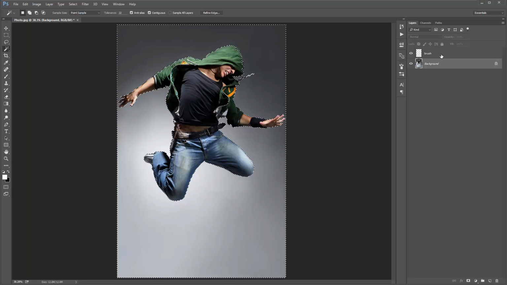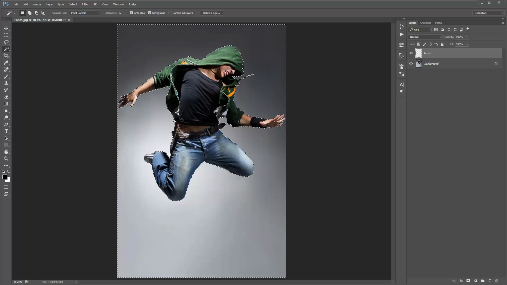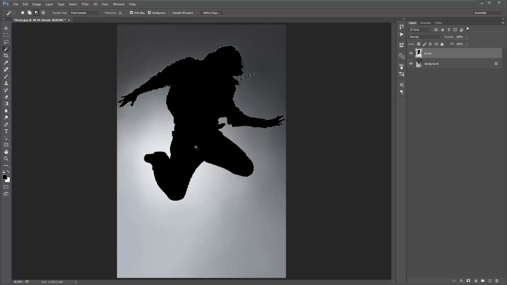Okay, so now if I select my brush layer, and if I fill this selection with a color, so to fill a selection with your foreground color, you hold down Alt Delete or Option Delete. But you can see that's filled the background. I want it to fill my subject, so I need to invert that selection. So Control Shift I or Command Shift I, okay, Alt Delete or Option Delete, and that will now fill in